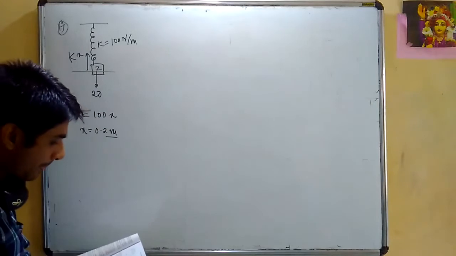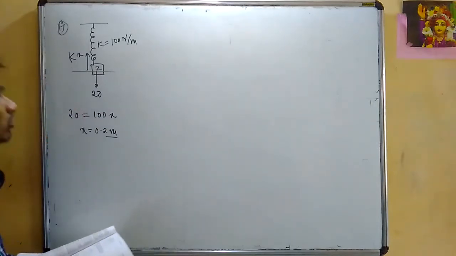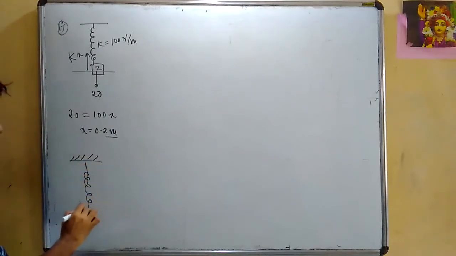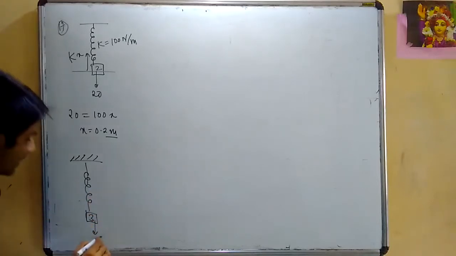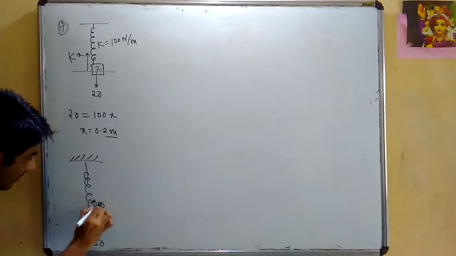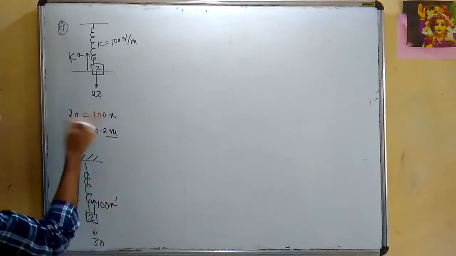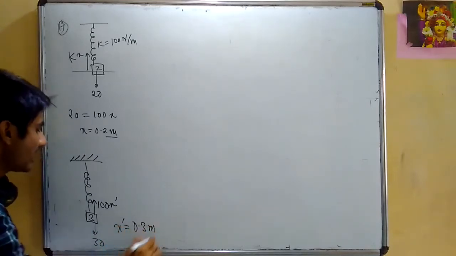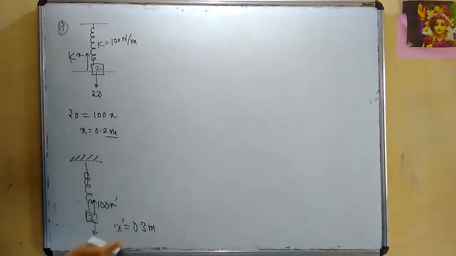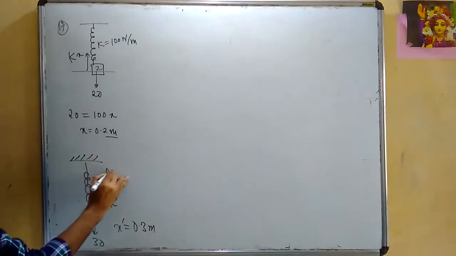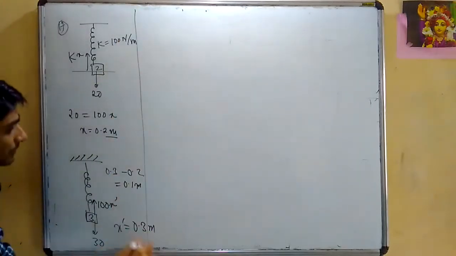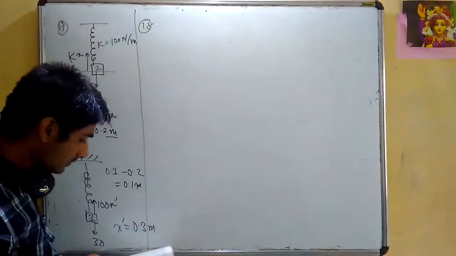Now the next question is, if another 1 kg is added to the block, what would be the further elongation? So if I add 1 kg more, now overall it becomes how much, 3 kg. So now again writing the equations, at the bottom it is 30 Newton, that is the weight, and upward it will be k into x dash, because x I've already used. So what is x dash? If you see, it will be 0.3 meters, right? If you equate the two, x dash is 0.3 meter. So what is the further elongation? Further elongation is final elongation minus initial elongation, that is 0.1 meters. Answer.